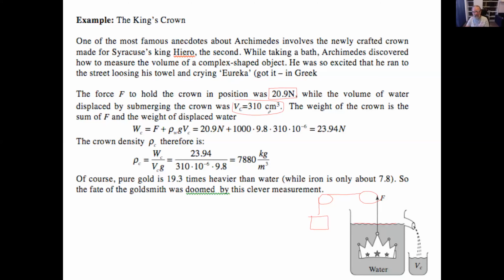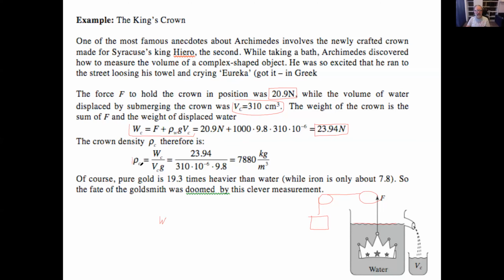Again, you can do it differently. You can claim that the weight of the crown is actually the lift, which is the weight of the displaced water, so rho of water, the density of water, G, and the volume, which is the 310, plus the force F, which was going up. So the total weight of the crown is 23 plus Newton, not much more, so the water was not really significant. And therefore the weight is simply rho GV,